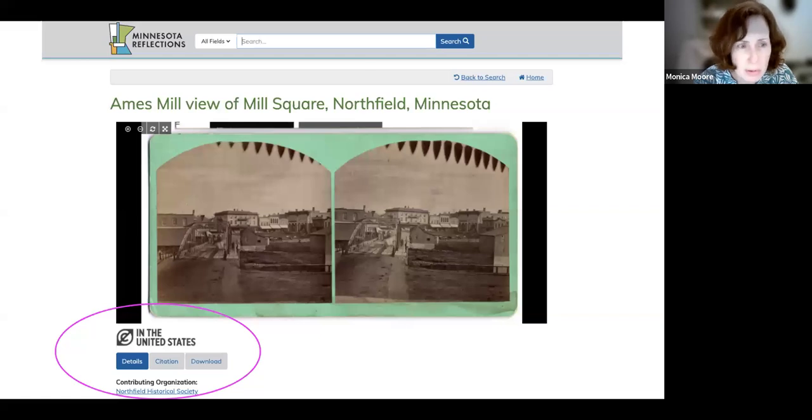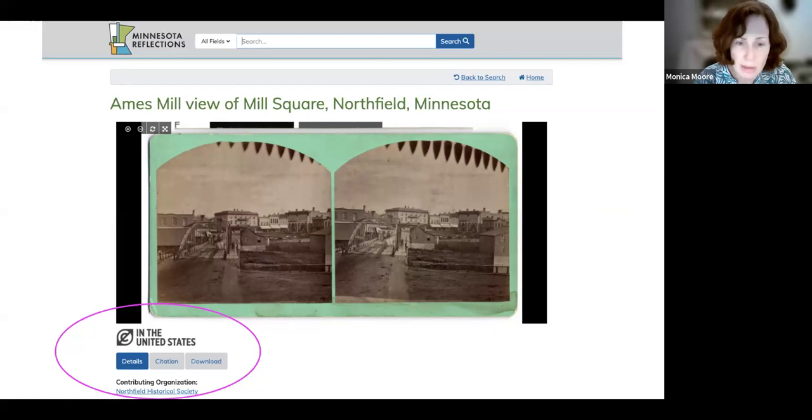Again, this benefit we're talking about is really for the user, how we can communicate what they can do with items in an easy, sort of intuitive way. This is another digital collection from Minnesota Reflections, I believe. And you can see in the lower left corner the actual rights statement logo that is kind of at the same level as, or existing, as I think of it, with the other metadata that we're accustomed to seeing, such as title and author and year. It's also displayed. So right in that same sort of glance, you can get a lot of information about what the item is, but also its rights status or some indication of how I can use it.